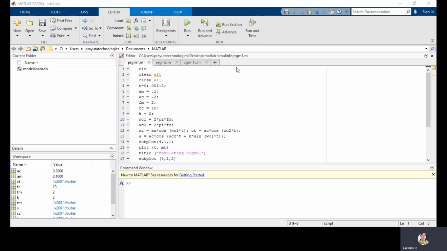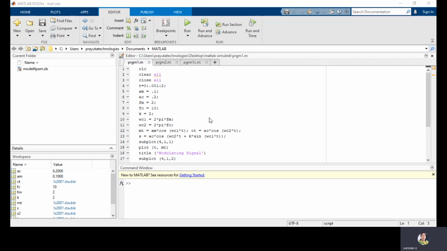So this is the output of this program. In the figure window, we have the 4 figures because of the size of 4 by 1. The first figure is the message signal, the second figure is the carrier signal, and the third figure is the modulated signal. So if we observe the modulated signal, how does the change take place? For peak values of the message signal, the frequency is maximum. For negative peaks of the message signal, that is whenever the strength is minimum, the frequency is also minimum.